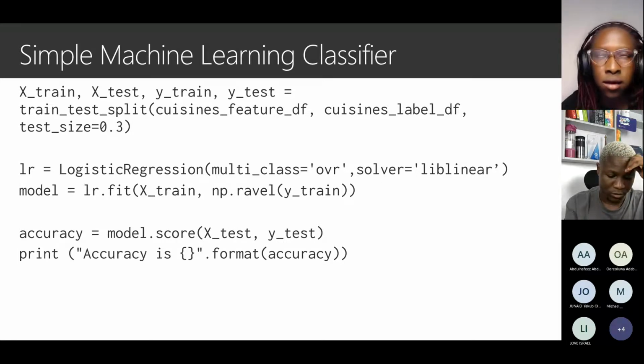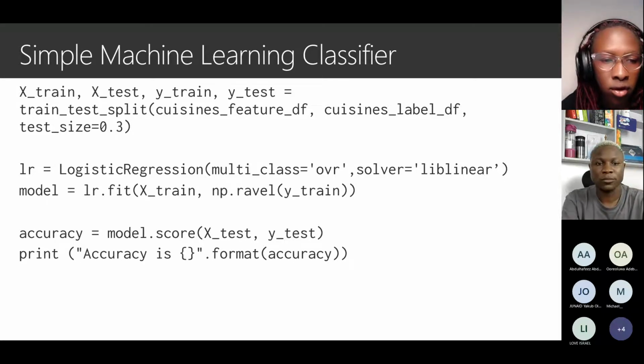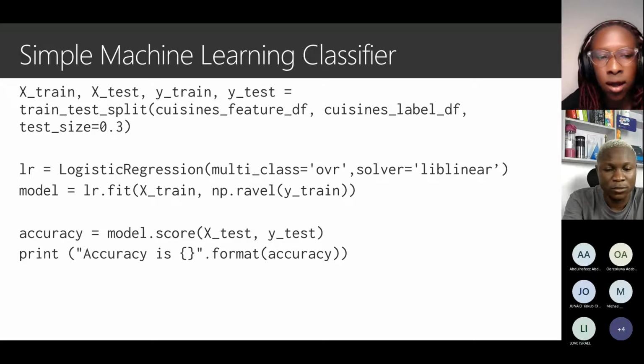Then the next thing is defining your model. So the model name is logistic regression. These are the different characteristics that it has. And then once you've defined your model, you now fit, meaning you now train and check whether it actually gives you the right thing. Once you've fitted your model, since this is a classifier, you go ahead and check something like the accuracy, which is very simple if you ask me. Like machine learning has a very